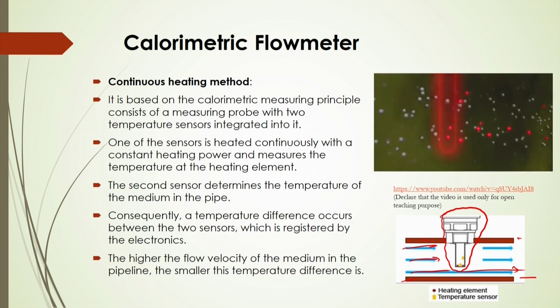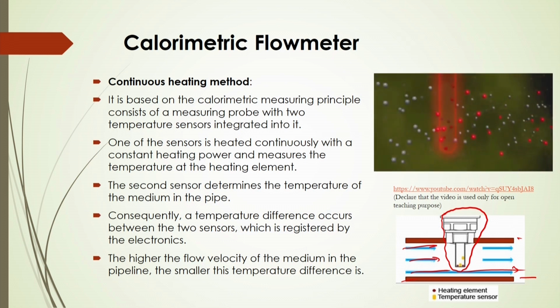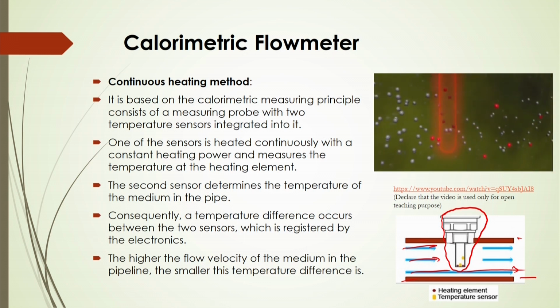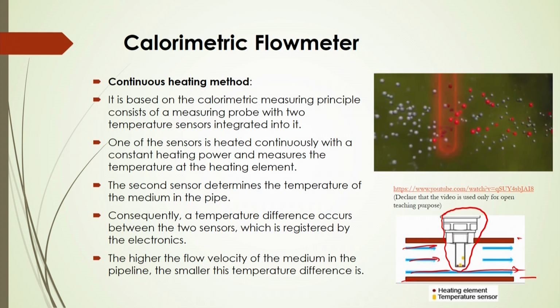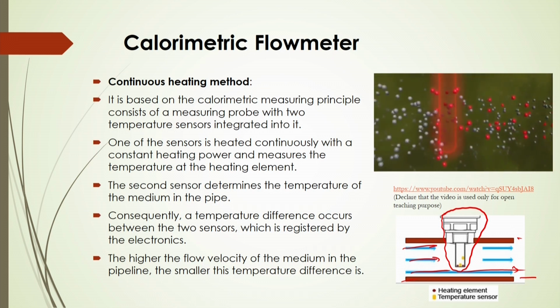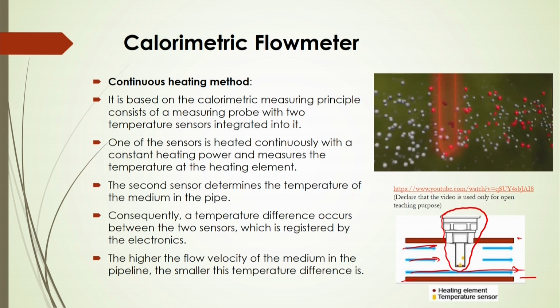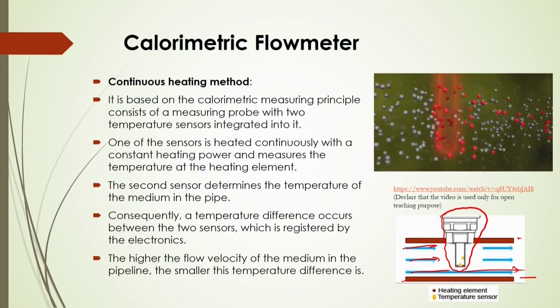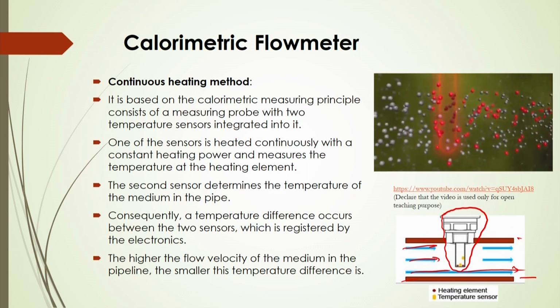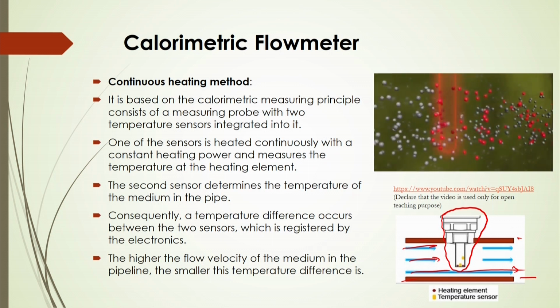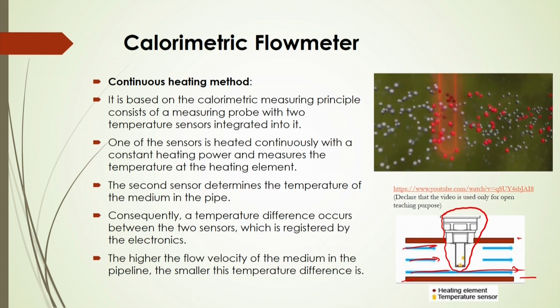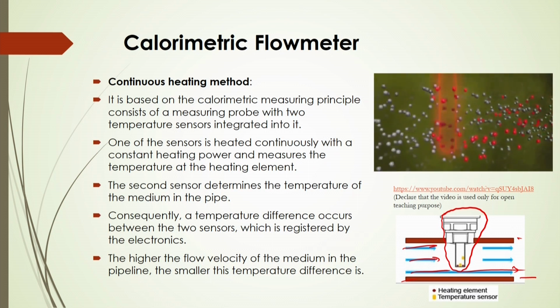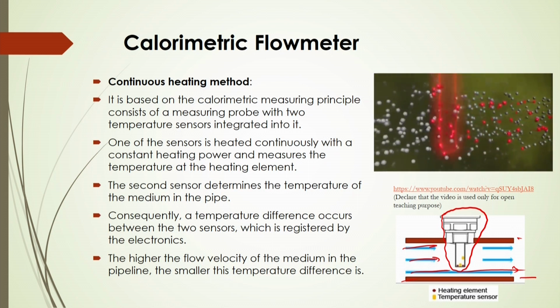Here, suppose air or fluid is flowing through the pipe. The fluid molecules take away the heat energy supplied from the electric source, and this energy is absorbed by the flowing fluid. Now, the more flow there is, the more energy will be absorbed from the source or from the sensor, and then you have to supply more energy there.